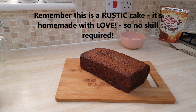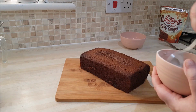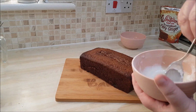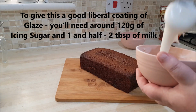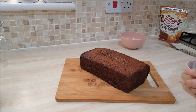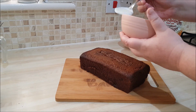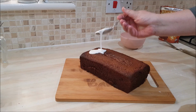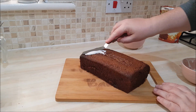But I'm going to. So what I've done is I've got some icing sugar, about 70 grams, and I've added 1 heaped tablespoon of milk and made it into a glaze. Okay, it's just a glaze and you can leave it at that. But what I tend to do, you might need a little bit more, is just double it. So I add my glaze like so,